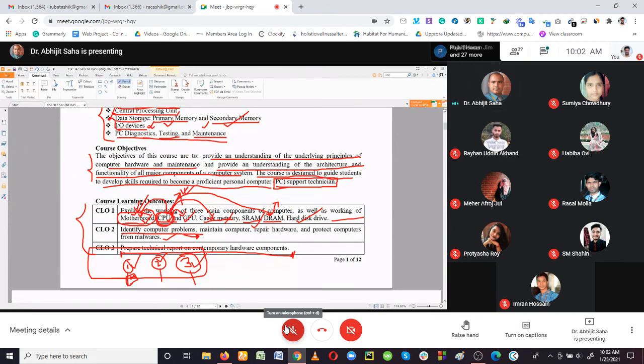So this is how the groups are going to deal with the topic. And at the end, we are going to do a seminar. In the seminar, the groups are going to do the presentation on the topics. So what is going to happen?